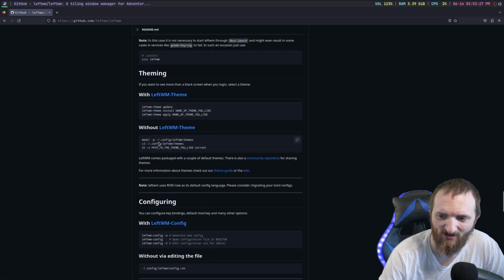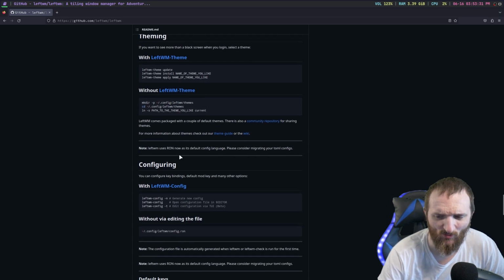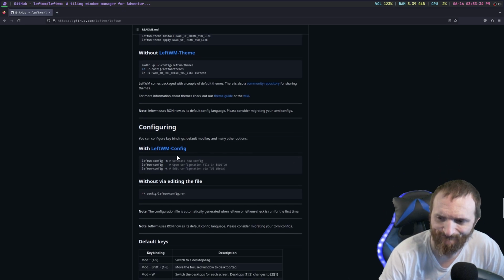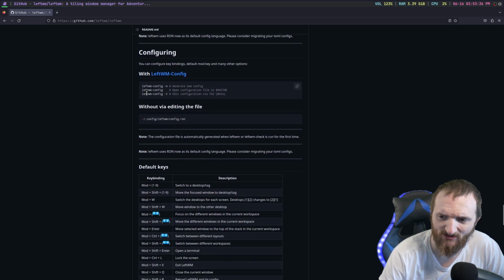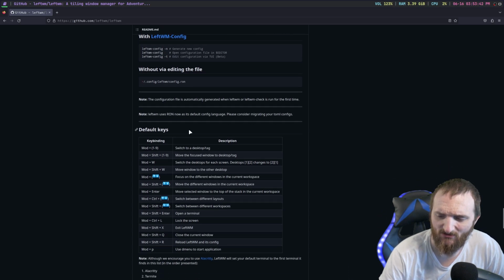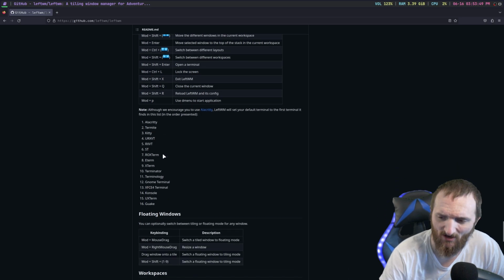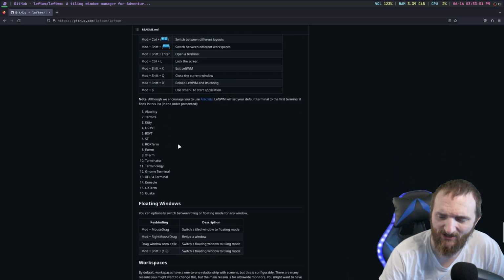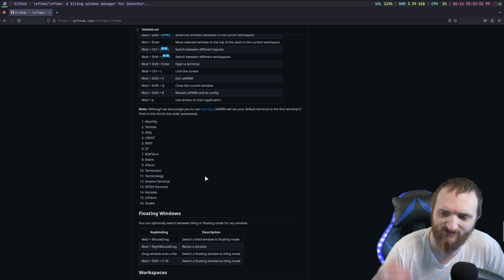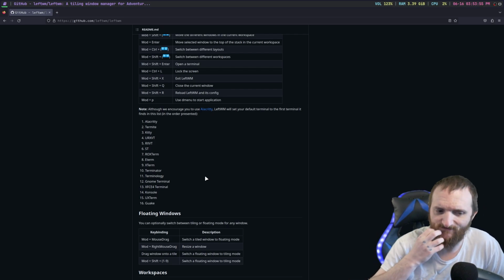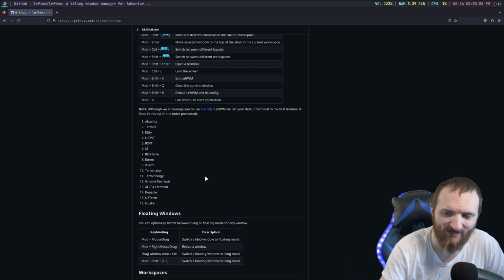talking about with the themes. They do some weird stuff with themes. Then they show you how to generate a config. So that's pretty neat. And then just basically how to do some default keybind stuff. And then right here, since it's a Rust programming language, a lot of the applications that they